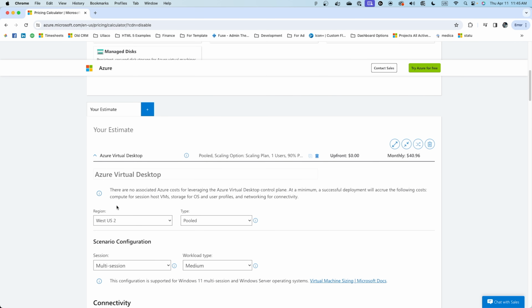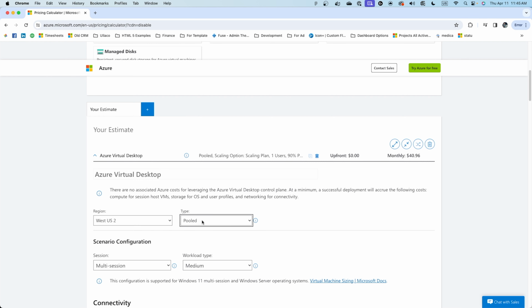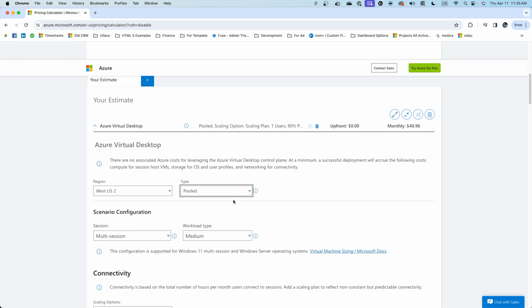Now, with that said, the region is super important. Throughout this entire step-by-step video, I am using West US 2. Obviously, you want to use whatever region is closest to you. And the next one, it's asking you for the type, so either pooled or personal. Now, this is super important. Later on in the video, I will explain the difference between pooled and personal, but for now, we're just going